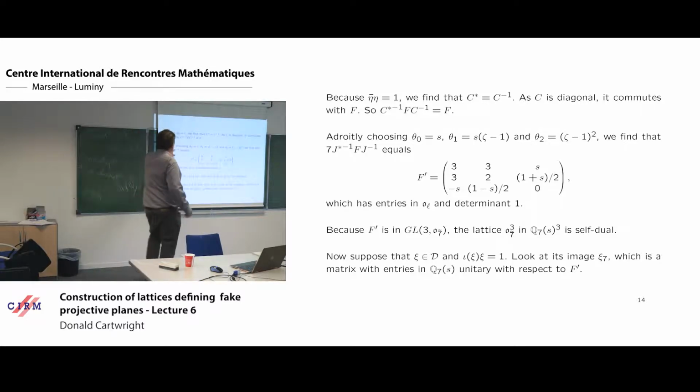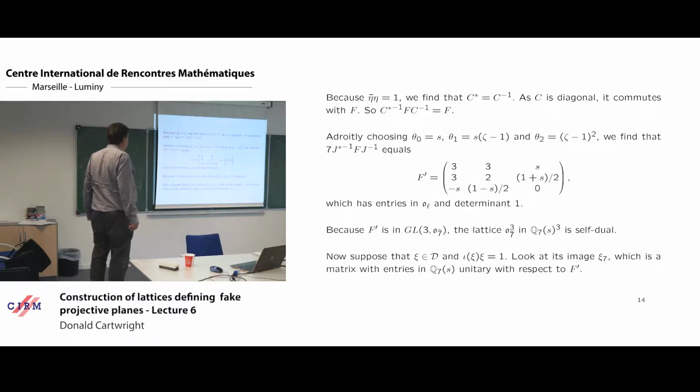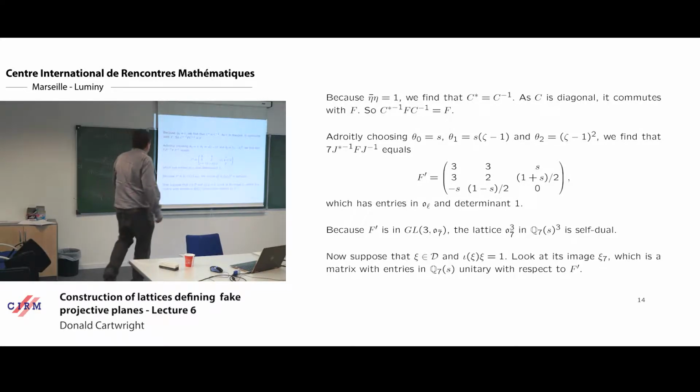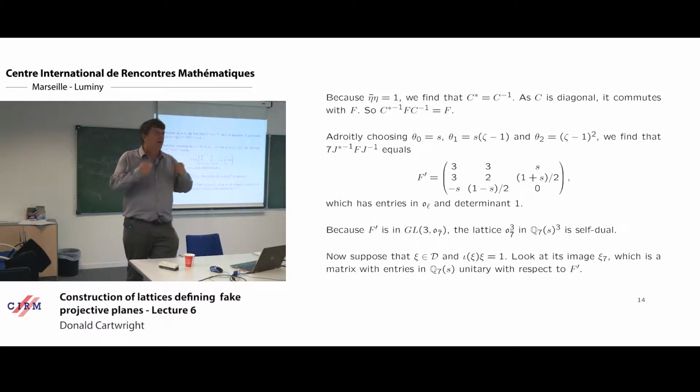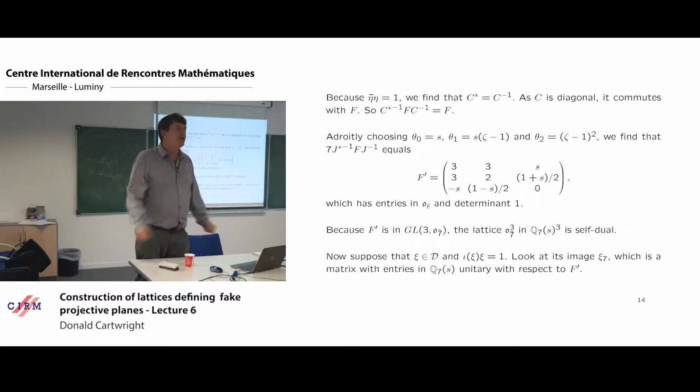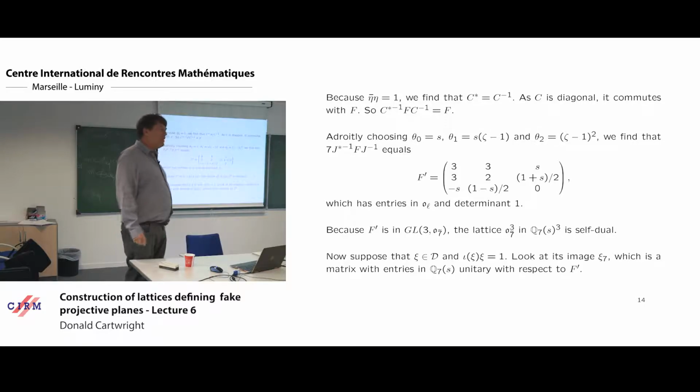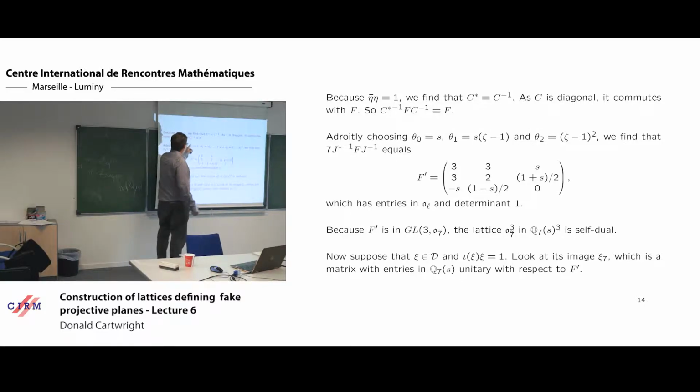And so this part goes away. I chose this word here rather than cunningly because adroit is such a lovely French word, and here we are in France. So by cunningly choosing this particular basis of M over L, you find that